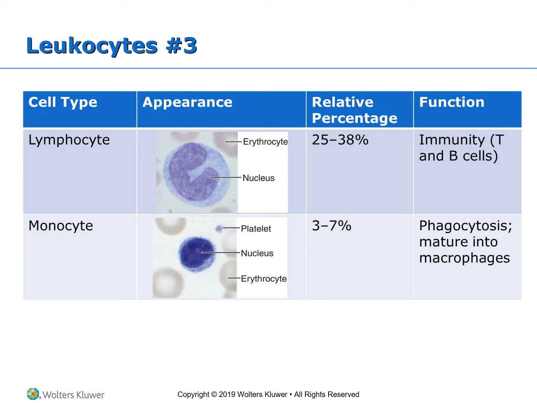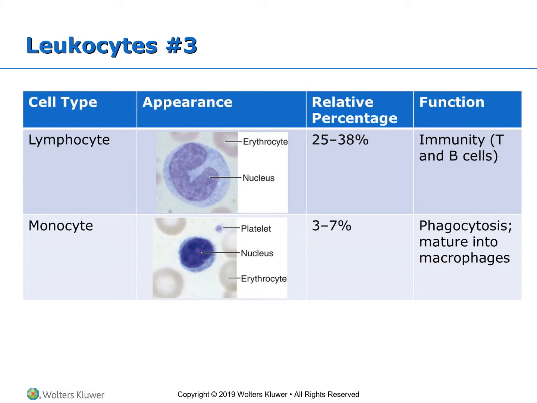So lymphocytes are up to 38% of the cells in our blood, and they're the second most numerous. They originate in the red bone marrow. However, in order for them to mature, to fully establish their training, they will go inside a lymphoid tissue and will multiply and divide and develop and mature in this tissue in order to fully gain their capability of fighting infections. We also have another type that is called a monocyte, which is the largest of all white cells,